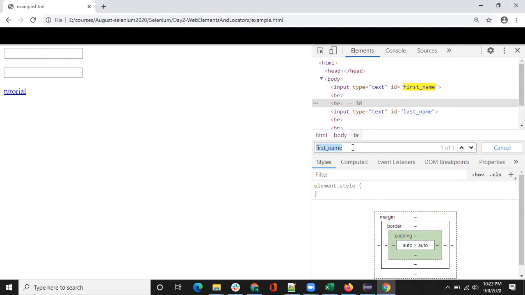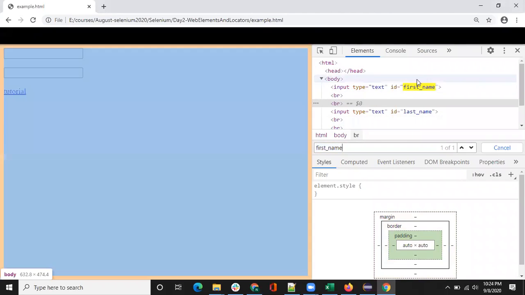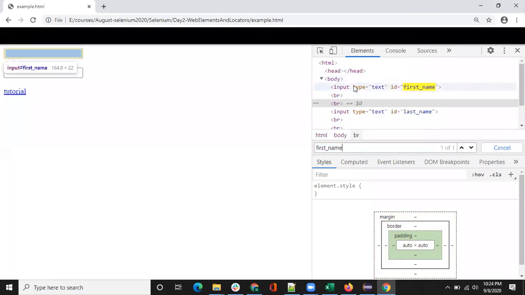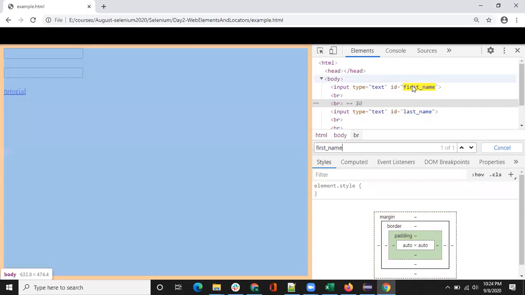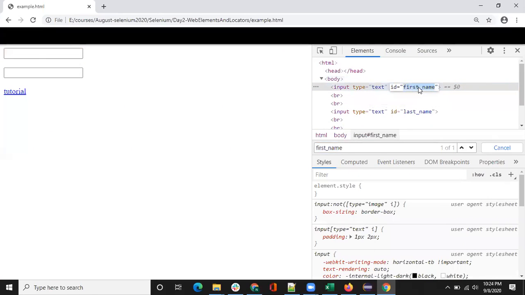So the question is, will it always be unique? No, we'll see that case also, when there are two elements which have the same ID or class name. Then we will talk about how to resolve that issue. Don't worry about it. As of now, let's understand that if an ID or any attribute is there, and you want to check that the particular value is unique or not,